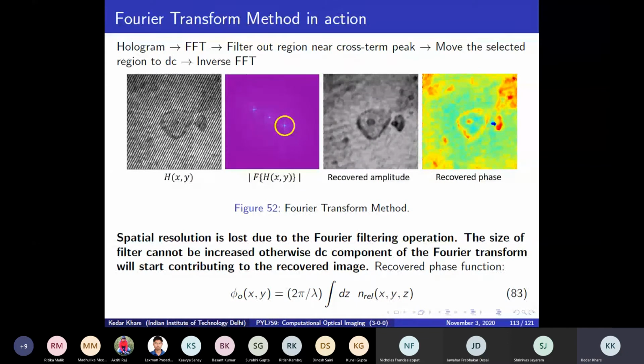Yes, sir. But you see that the cell is not opaque because the fringes exist. If there was a region where the cell is opaque, the fringes won't exist there. So if no light is coming out of some part of the cell, then there won't be fringes at that location. So the cell is still kind of transparent. It is really thin, and so there is an amplitude part to the wavefront that is coming out of the cell, which is here, and there is a phase part to it. Okay.